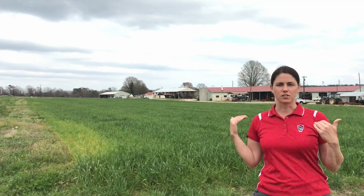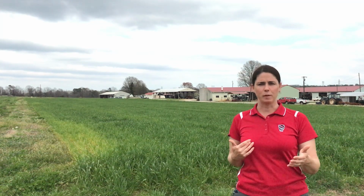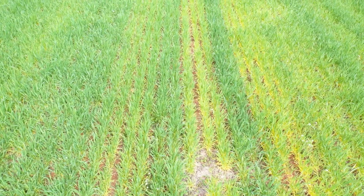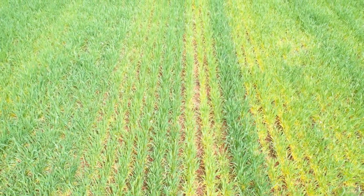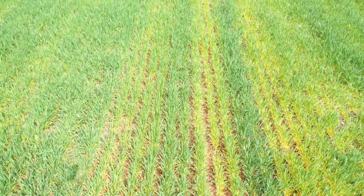The rest of the field looks nice and green, but there are also some streaks out there where there are some missed passes or some areas where the wheat maybe isn't taking up nitrogen as well as other areas due to compaction. So the take-home message here is, if you haven't already top dressed your wheat, either first pass or all,